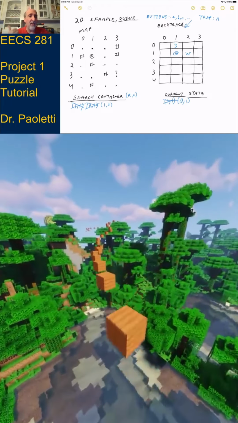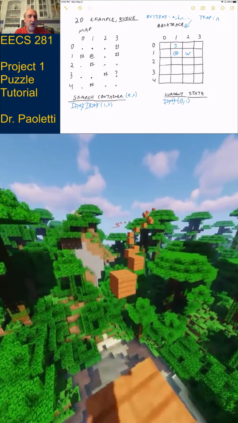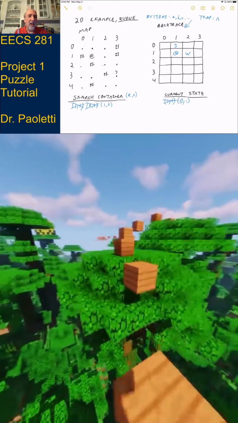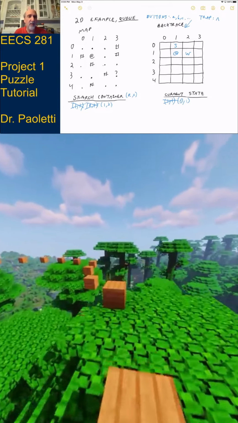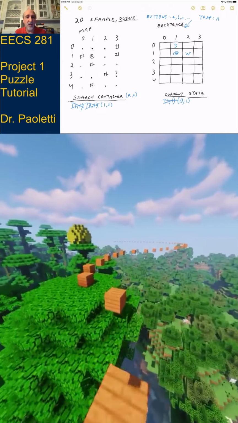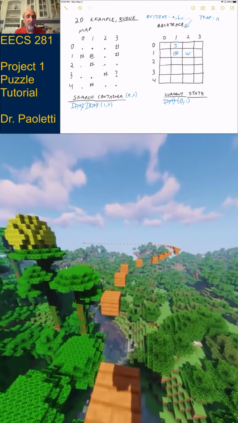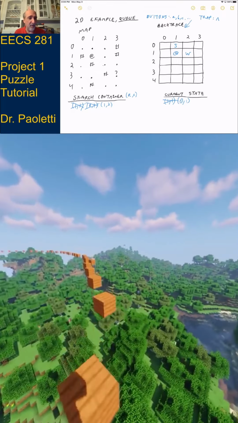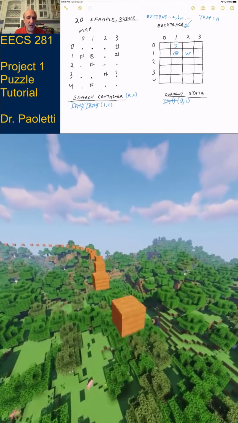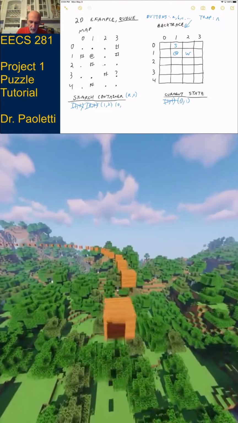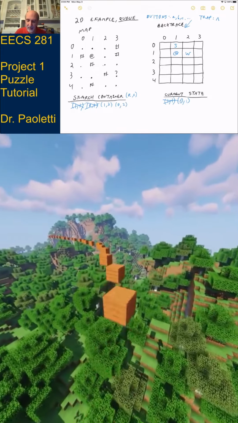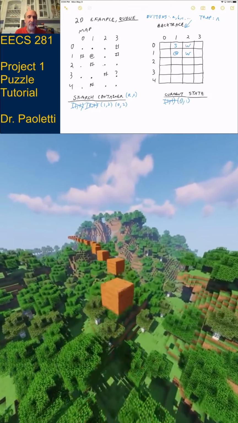So the first thing I say is, am I standing on a button or a trap? No. All right, if it's not a button or a trap, I got to do northeast, southwest stuff. Can I look north of row 0? No, that's invalid. Okay, how about east? East is a valid location. East has never been discovered before. East of me is something I would be willing to walk on. So I'm going to add the square east of me, which would be 0, 2. And in the backtrace, I have to record I got here from the west.